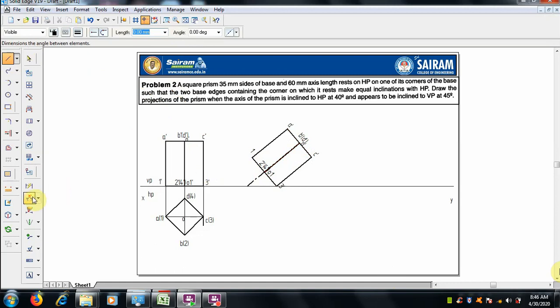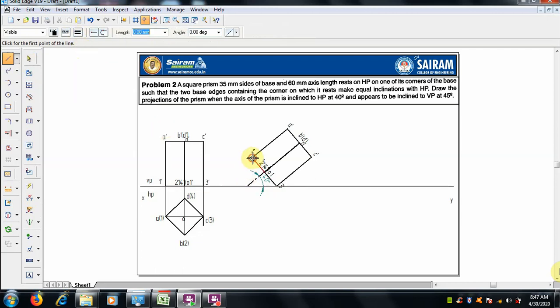The prism should be as in the initial view, it should not get changed. Only the axis I want to show here, so that portion only we can make out. Check this degree. So the axis of the prism inclined to HP is 40 degrees. Now it is clear.